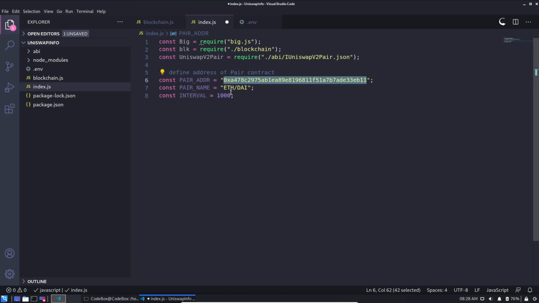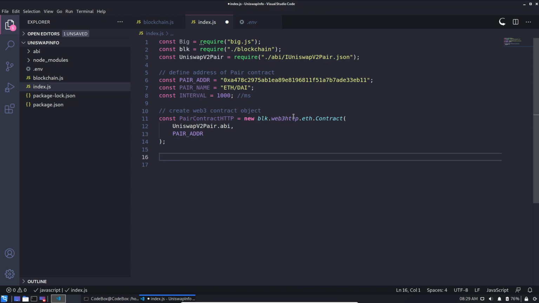We just took that and gave the name DAI and an interval of 1000 milliseconds. That means after every 1 second, we are going to query the blockchain to get the real value of the token. The next thing we are going to do is create a Web3 contract object, which we will be using to query the contract on the blockchain.